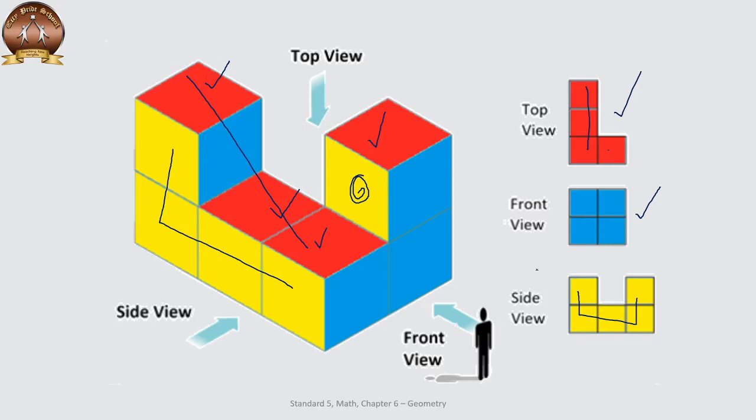Now you have to find out at your own home. You have to make diagrams or you can use your cubes for that, and using those things you have to find out which view is which one, and you have to ask me a few questions related to that. Is it correct? Is it wrong? You have to message me in the comment section. Let me know if you have understood about the views and the solid shapes.